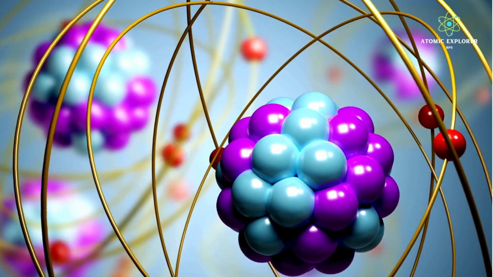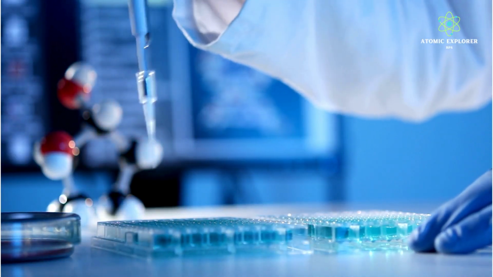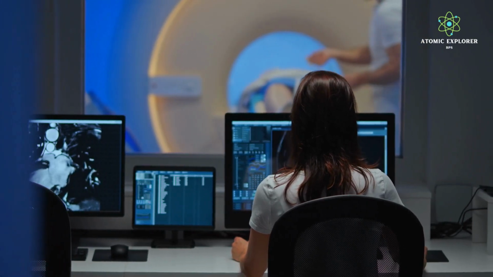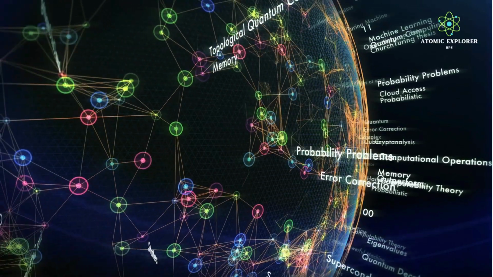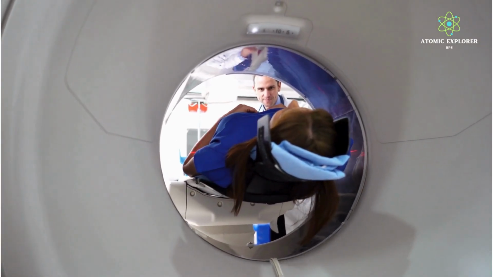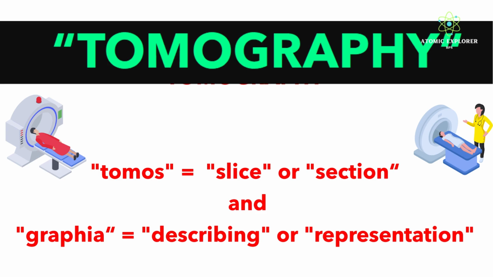PET is basically a combination of marvels of nuclear physics, radiochemistry, engineering, advanced imaging techniques, and computational algorithms, which form the backbone of these imaging techniques, enabling its powerful capabilities. The term tomography is derived from the Greek words tomos, meaning the slice or section, and graphia meaning describing or